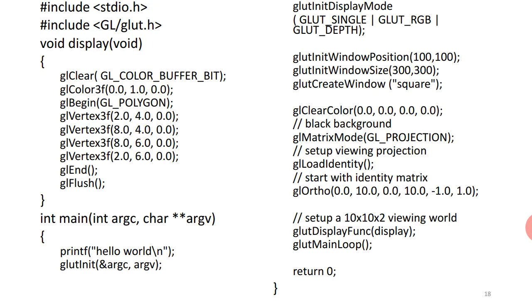Then, because the square takes 4 vertices, you call the glBegin function with GL_POLYGON, and then these 4 vertices are drawn, and at the end you call the glEnd function, and this glFlush function will force the program to display the square. So according to the shape you want to draw, you have to write this display function. Remaining things will be similar for other shapes.